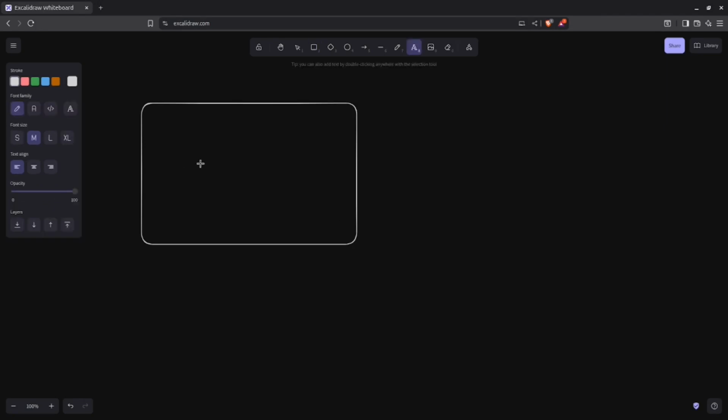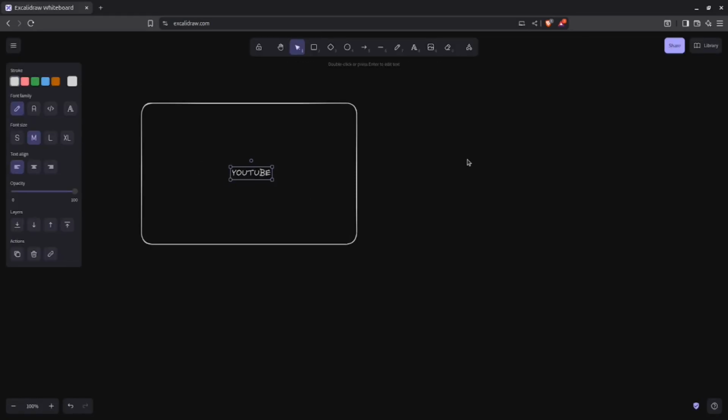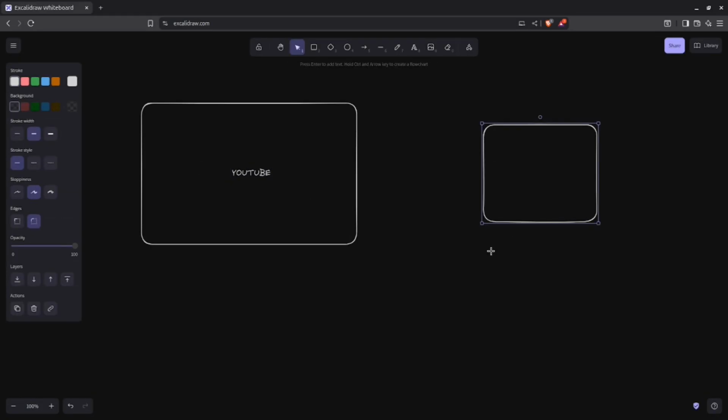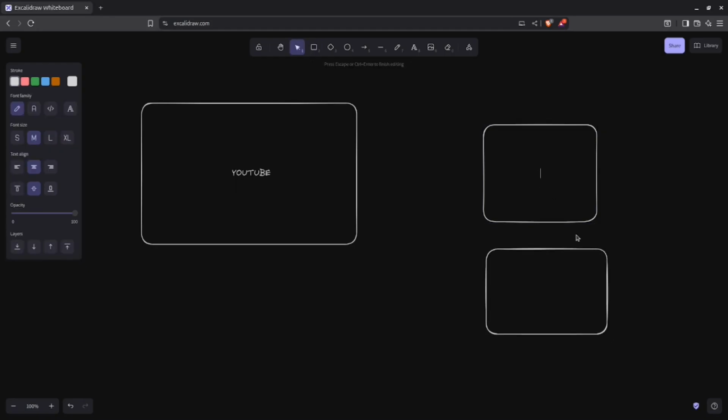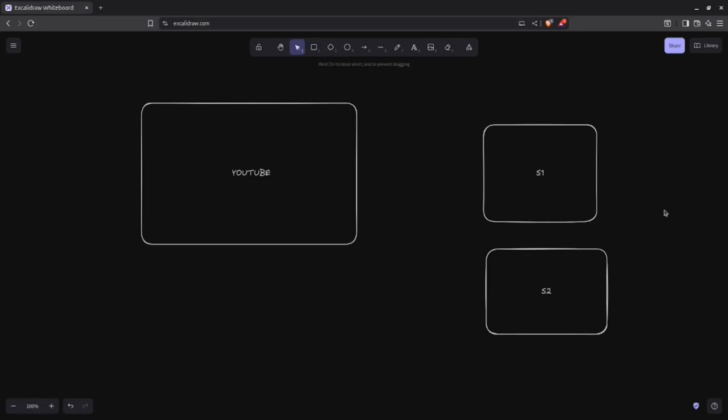Observer pattern. Suppose you have an object called YouTube. There will be several other objects, like let's say a subscriber for a YouTube channel. So this can be subscriber 1 and subscriber 2. Now what observer pattern says is that when the state of YouTube changes, then it should automatically notify subscriber 1